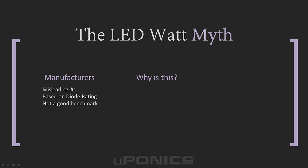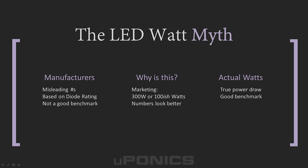Why is this? Well, which looks better, marketing an LED as 300 watts or 100-ish watts? Clearly, this is all done for marketing and to look better as compared to the competition. Actual watts. Wherever possible, we use actual watts in our analysis. That's the number of watts the light actually draws from the wall. It's a better point of